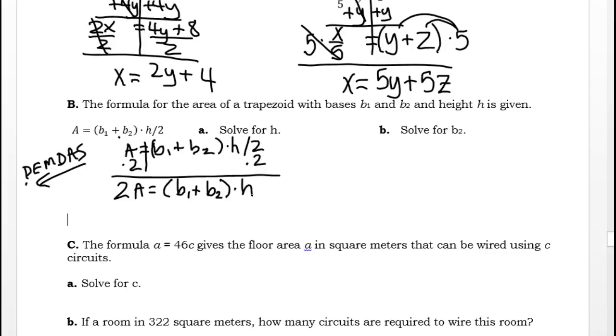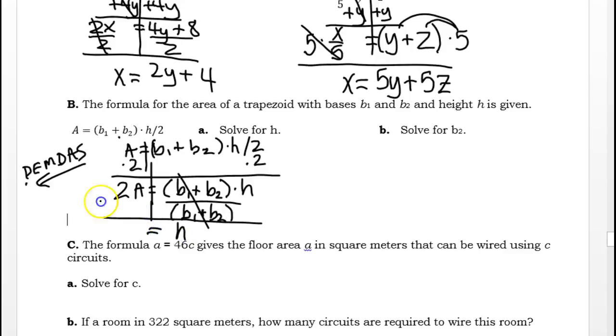Now our goal is to isolate h. We want to keep h right where it is and get rid of everything else. So this is h times something. We are going to divide by that something so that that eliminates and h stays right where it is. So h equals,